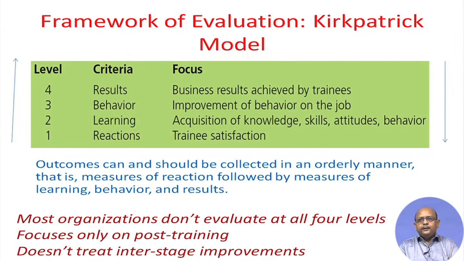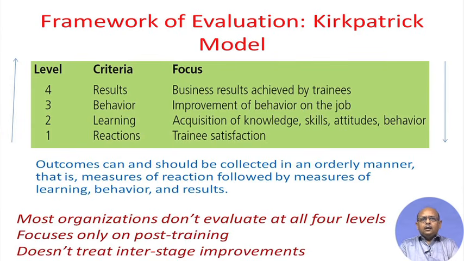Now, if you look at these 2 arrows, one goes up and one goes down. What does it mean? If you look at the arrow on the left side, it goes up. What does it mean? It means you are increasing the level of difficulty in the measurement process, okay, and you are moving from a qualitative to a more quantitative approach to evaluation. Okay. Similarly, you also tell